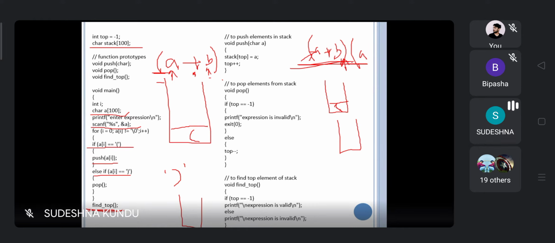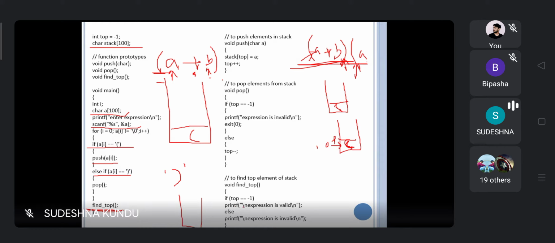Now again we are inserting some parenthesis, and no such closing counterpart parenthesis is given here. So this parenthesis will come to the stack and be left in the stack. So the top will be pointing to this parenthesis.